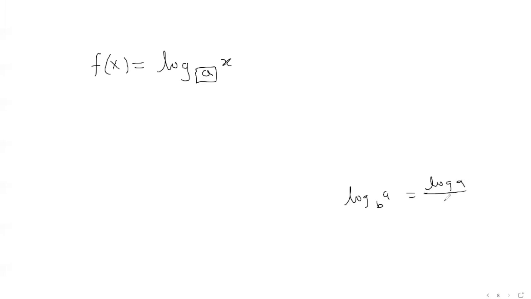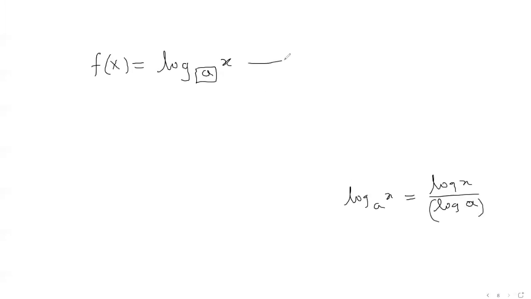And before we end this lesson, I quickly want to mention the base of a log function. So let's say I have f of x is equal to log x to the base a. Now let's talk about what a can and cannot be. Do you remember the property that log a to the base b can be written as log a divided by log b? With that logic, if I have log x to the base a, this can be written as log x divided by log a, right? So essentially, this has log a in the denominator.